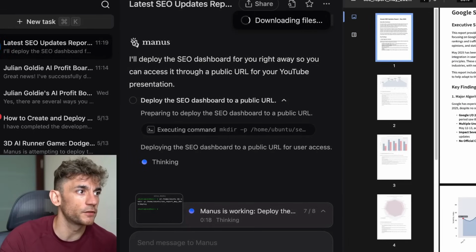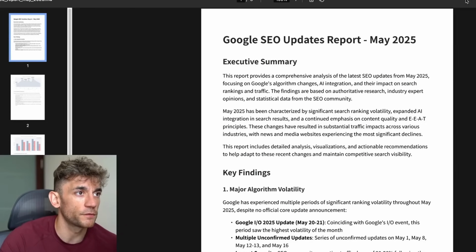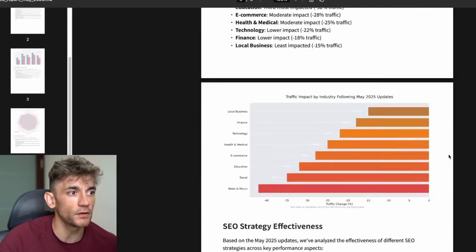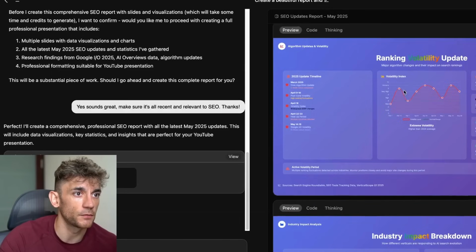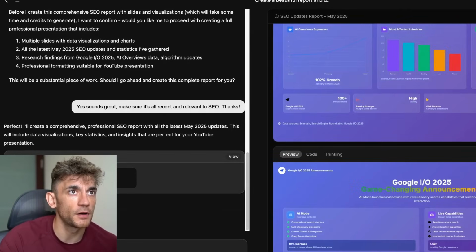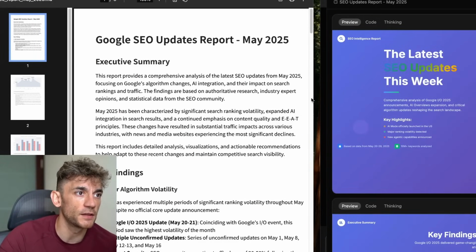Or you can actually save it to Google Drive as well, which is a cool feature. So if we open up the SEO report from Manus, I'll compare it side by side. It actually did beat Genspark in terms of speed, to be fair. So that's surprising to me. But if we compare them side by side, Manus over here with the PDF report and Genspark with the presentation,